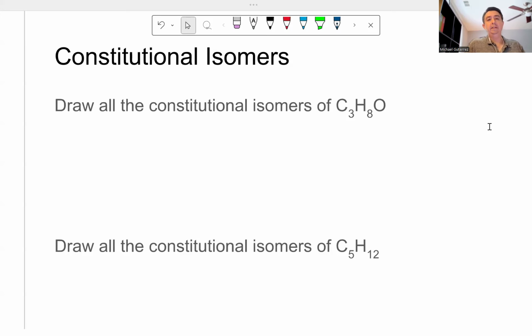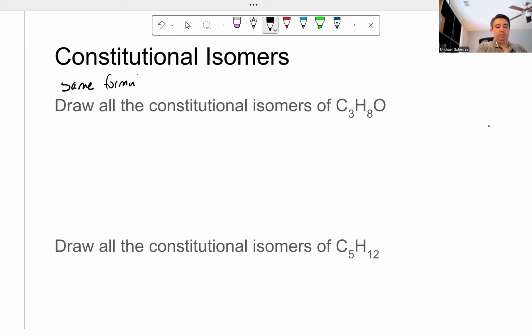Well, in this lecture, we're going to be going deeper into this concept of constitutional isomers. I'm going to be on camera a little bit because I have some model kits that we're going to use, just to show, if we have a formula, how many different ways can we connect all these atoms together? And again, just to review this concept of constitutional isomers,